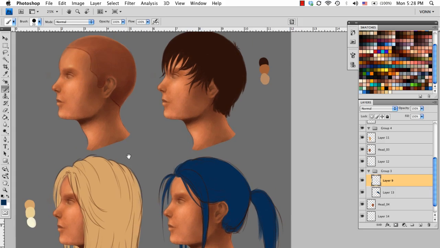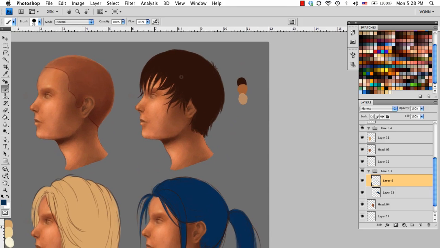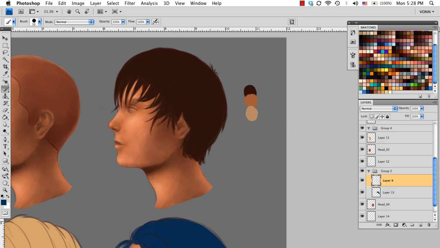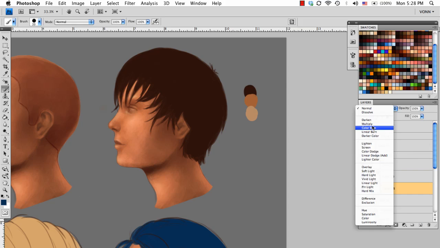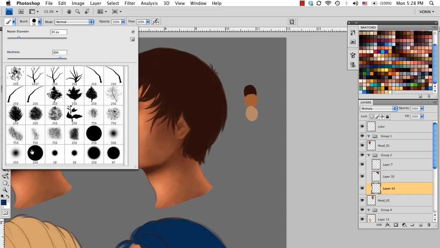Okay, so now we have our base colors down and we're ready to move on to the next part. And in this part, we're going to lay a multiply layer underneath the hair but on top of the skin. And the reason I'm doing this is because if I actually go ahead and create a new layer, put it under the hair, change it to a multiply, and while using my soft edge brush,